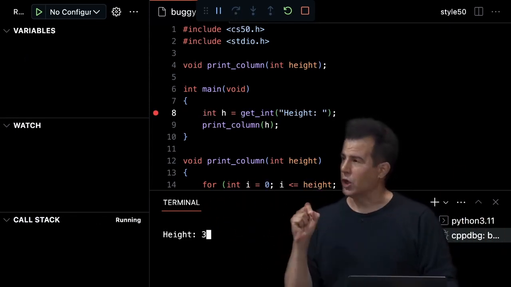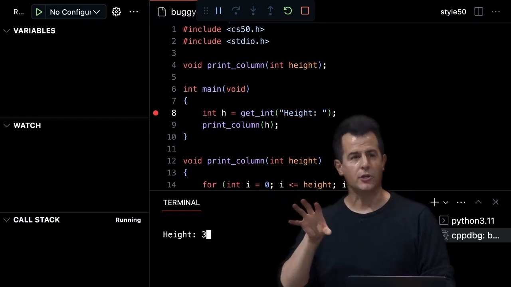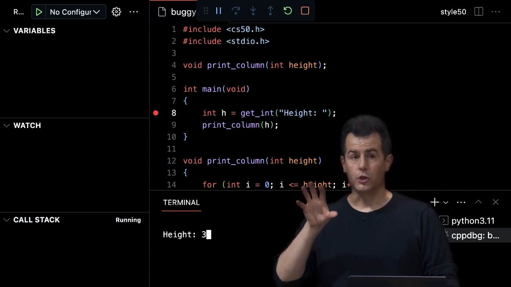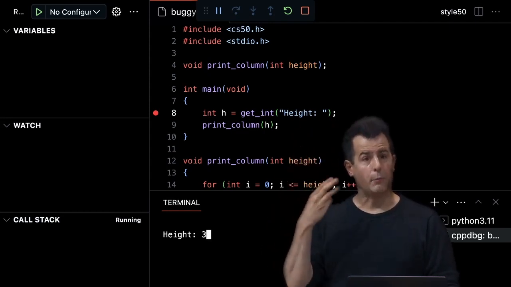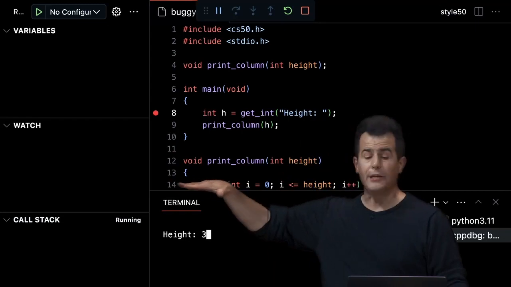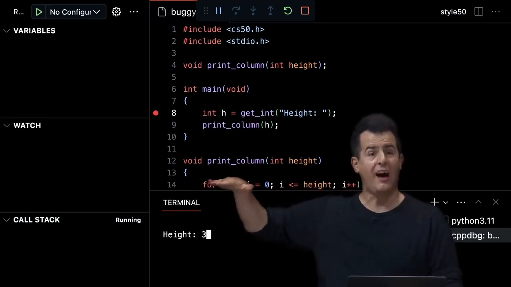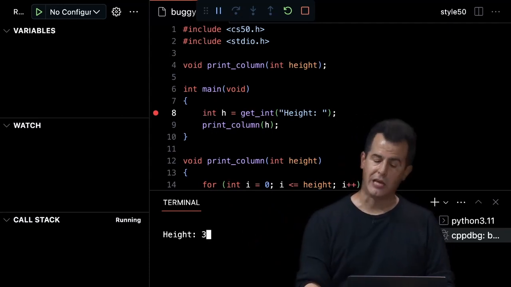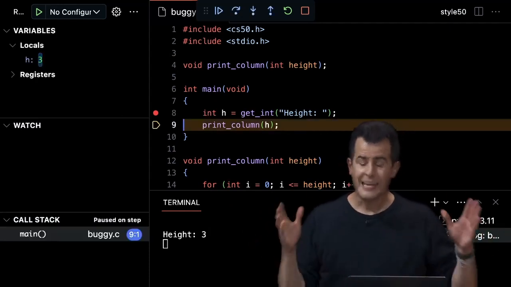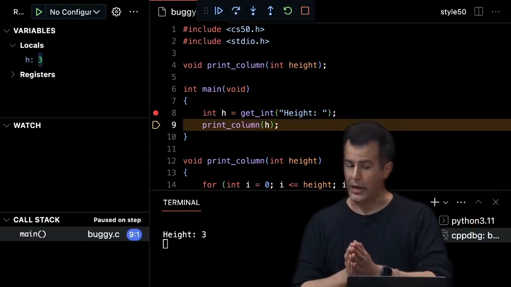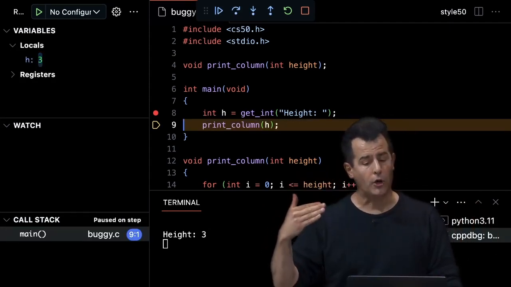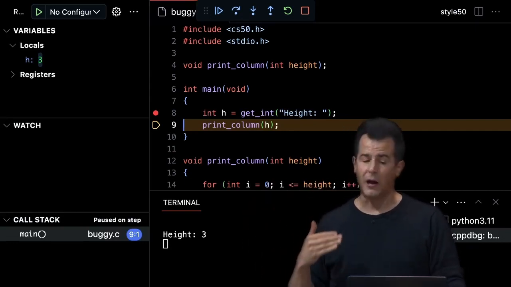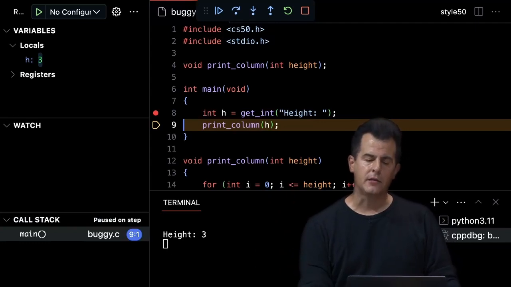As soon as I hit enter, what part of the screen probably will change based on what I've said? So h, the variable h, should hopefully take on the number 3. And I'll probably see a different line of code highlighted, probably line 9 next, once I'm done executing line 8. So let me go ahead and hit enter and watch the top left of the screen. And voila, h now has the value 3. And execution has now paused on line 9, because the debugger is allowing me to step through my code line by line.